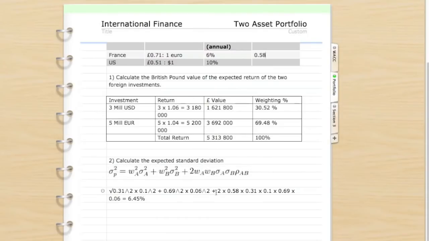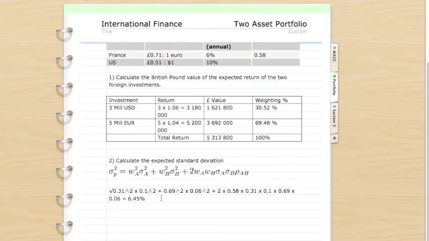So all this is saying is 2 times the correlation times that and times that. So 0.31 times 2, get that from here, and 0.69 times 0.06, that's the same as this one, just without the power of 2,